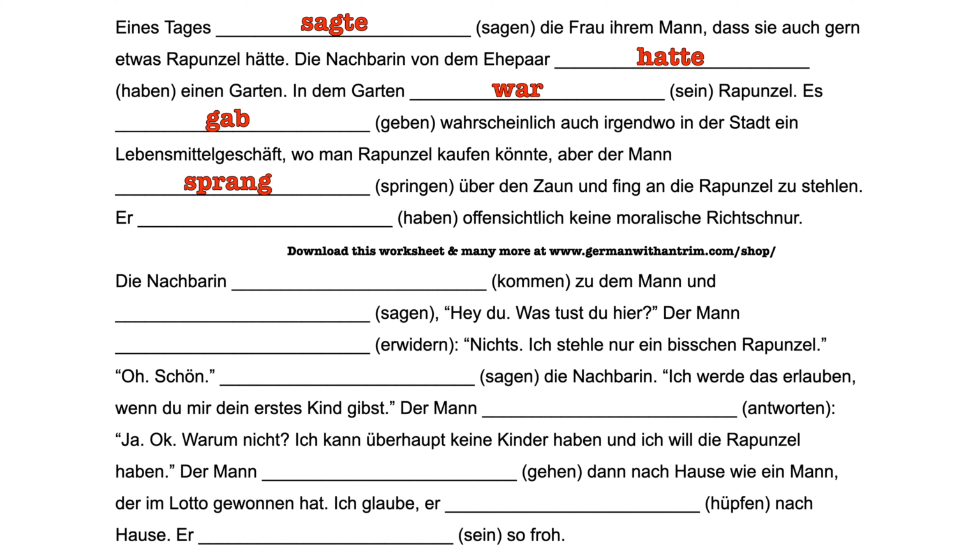Next up we have as our subject, and again haben, which we've said several times, is hatte as our stem, and since it's the RZS form, we don't have to add anything extra to that, it's just hatte. Hatte offensichtlich keine moralische Richtschnur. He obviously didn't have any moral compass.